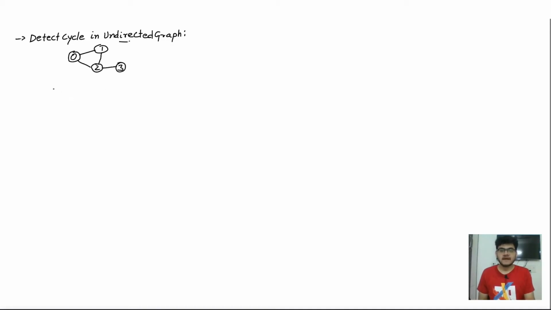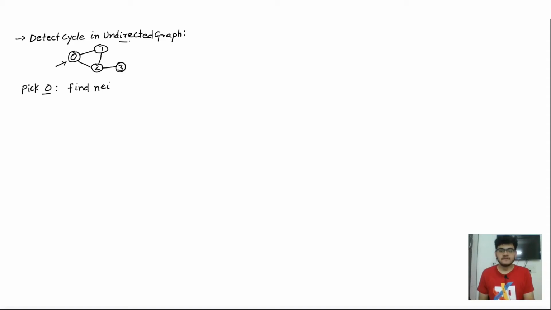So what is the idea? The idea is very simple. What we are going to do is we will pick up any one node, right? We will start picking up each node inside of this graph one by one. So initially let's say that we pick up 0 as the node, right? So let's say I have picked 0. Now after picking up 0, I will find all the neighbors of 0, right?